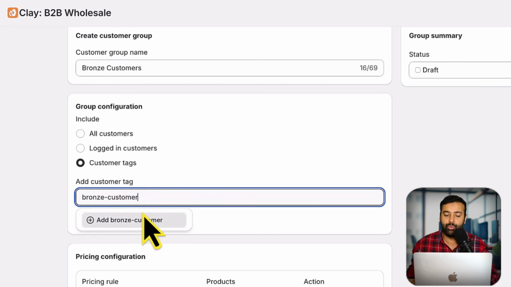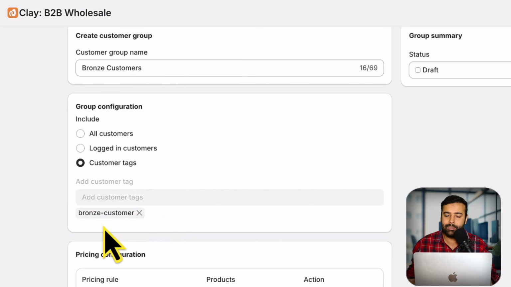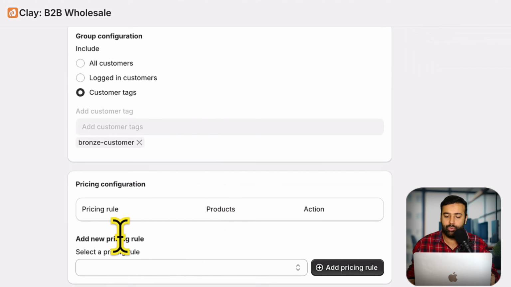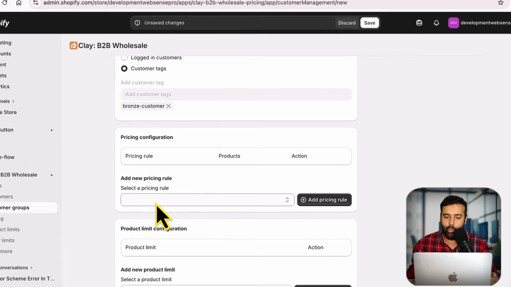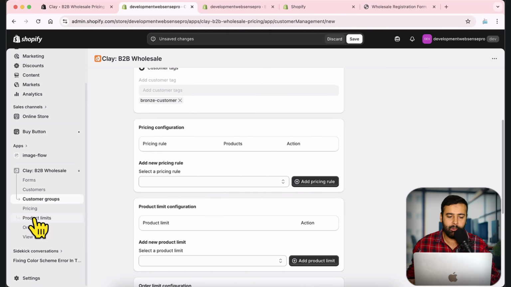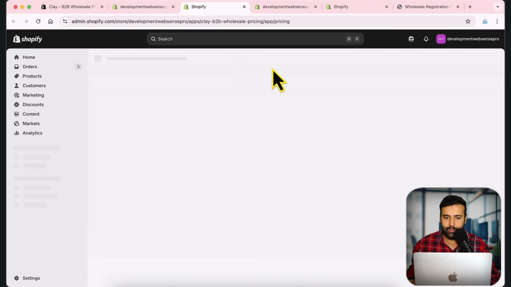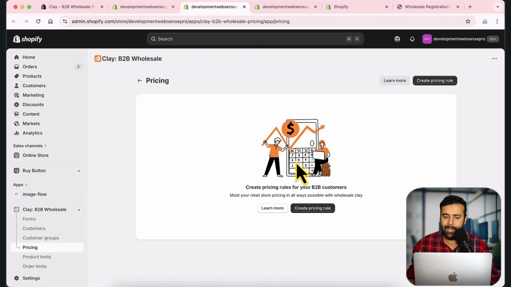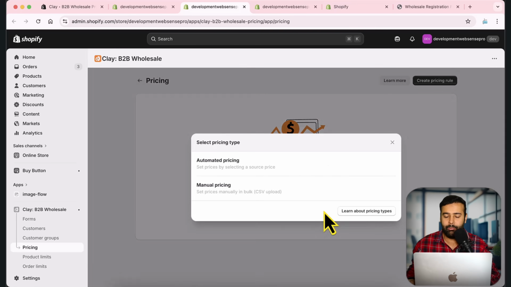That's the tag which we will add to that customer once they sign up using the wholesale registration form. And once this app detects that this is the tag for this customer, we'll be able to show them this pricing. Now, we will have to create a pricing rule for this customer group. So I'm going to open this pricing in a new tab and add the pricing rule as well. So let's create a new pricing rule. I'm going to click on create pricing rule,